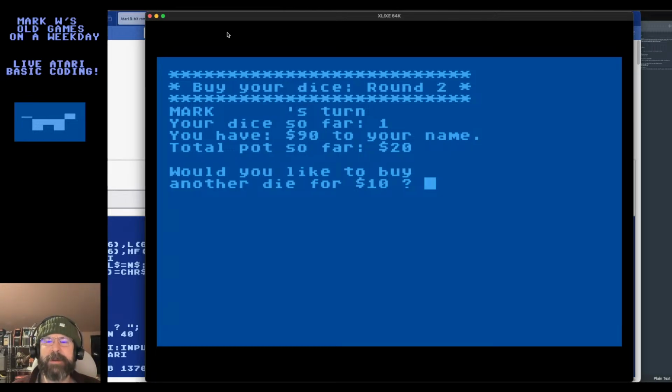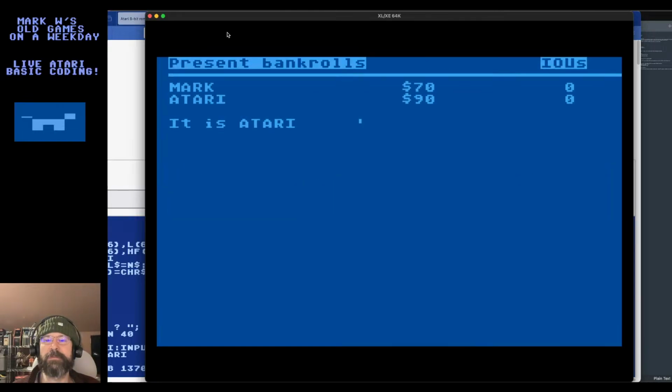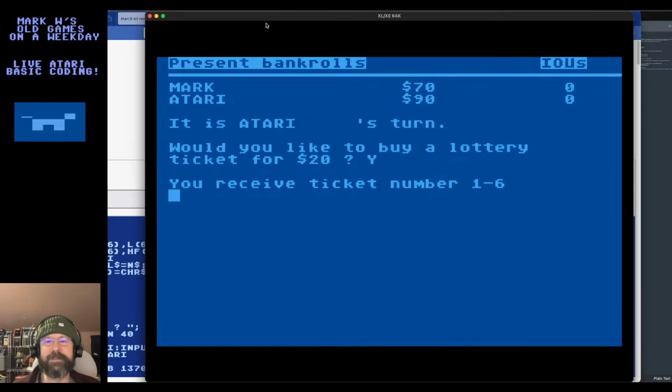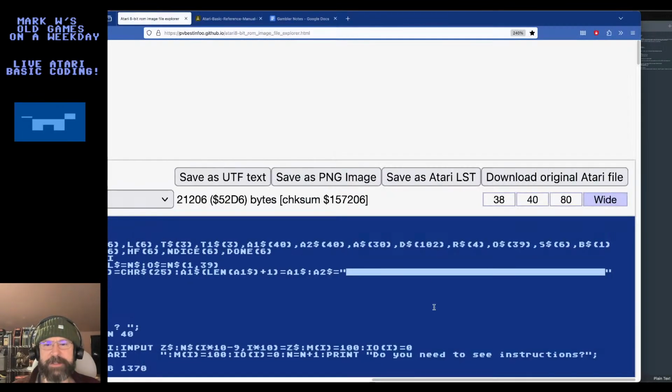Anyway, so do I want to buy a die? I'm going to say yes. Mark now has 2 dice. And again, I want to make that wait a little bit smaller, a little bit less. And now have the Atari say no. Oh, okay, so I'm not making it wait in the no case. That's a mistake. To buy another die? Yes. And it should say something about skipping Atari here. After the wait, yeah. All right, so then it ended because I didn't actually implement the dice rolling part yet.